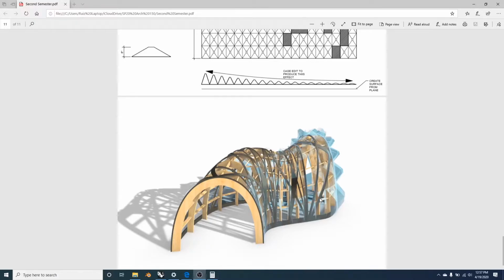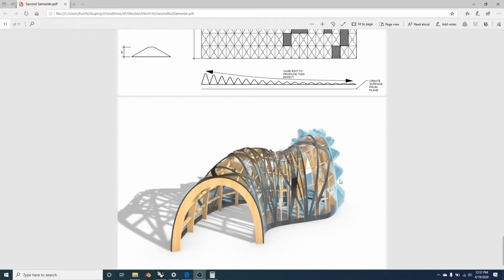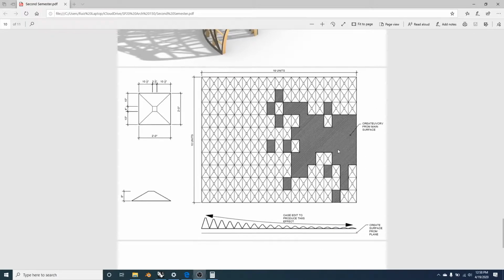And that outer skin is going to be a collection of sub panels that we have arrayed a certain way. The way that we're going to array them is going to be based on the following sketch. If you follow my mouse in here, the sketch has 19 units. So that means there are 19 panels that are the same exact panels by 10 units, which are 10 panels that are the same. So it's a 19 by 10,